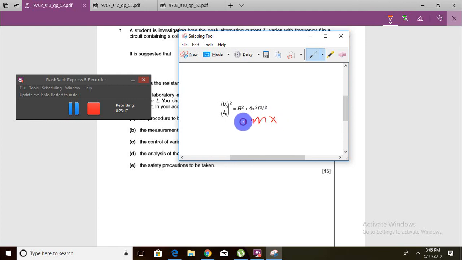And r square is then going to be the y-intercept. So what is that going to make this? We know that v naught square has literally no place being over here. So to get rid of it, we're going to have to multiply it by the reciprocal of v naught square, but we're going to have to do that over here as well. So it's going to be v naught squared